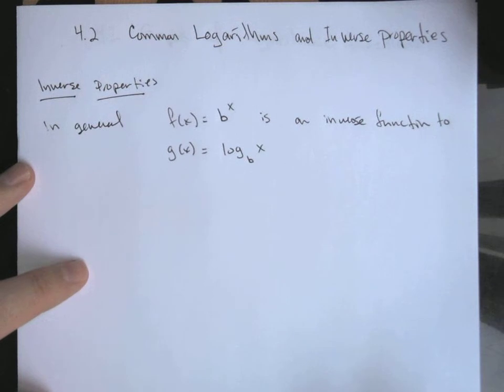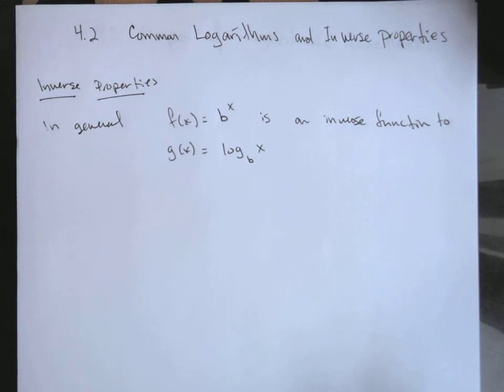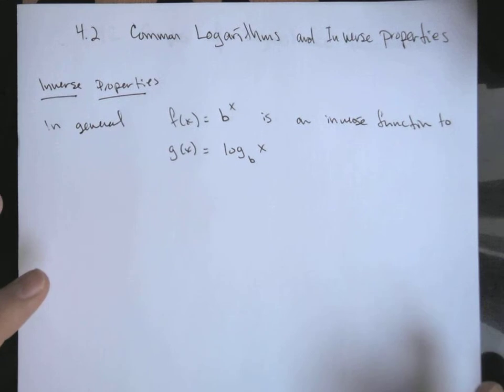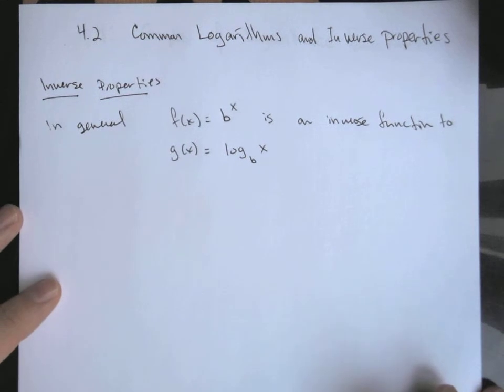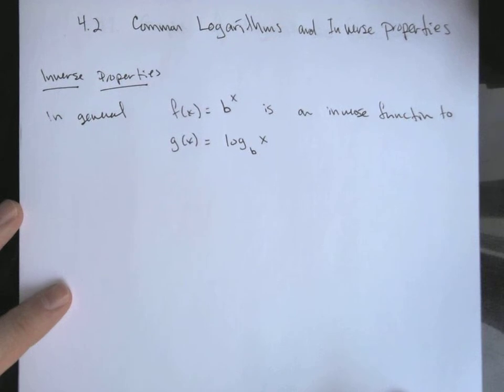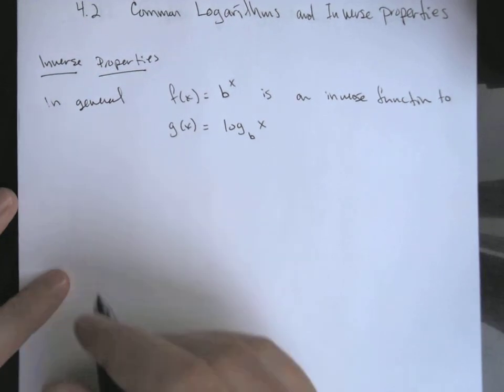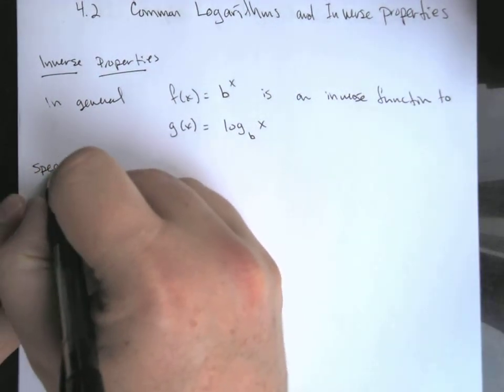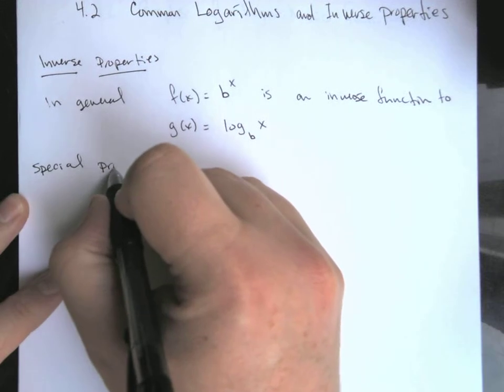The y and x values are flipped back and forth. So you have the same pairs, but the role between x and y is flipping. We'll do some graphs in a different video to illustrate this a little bit more. You can visualize it, but just algebraically, we're going to say they're inverse functions. They have this relationship. This gives us a couple special properties